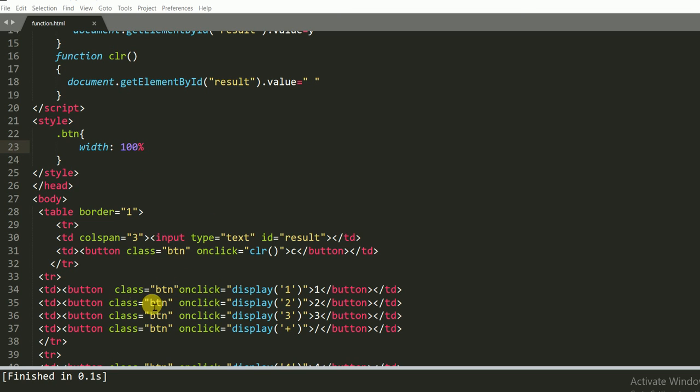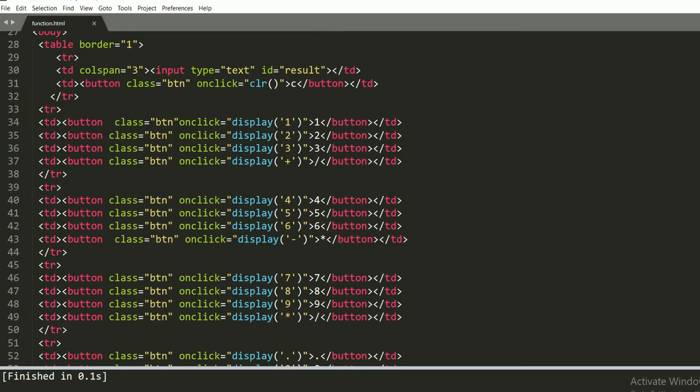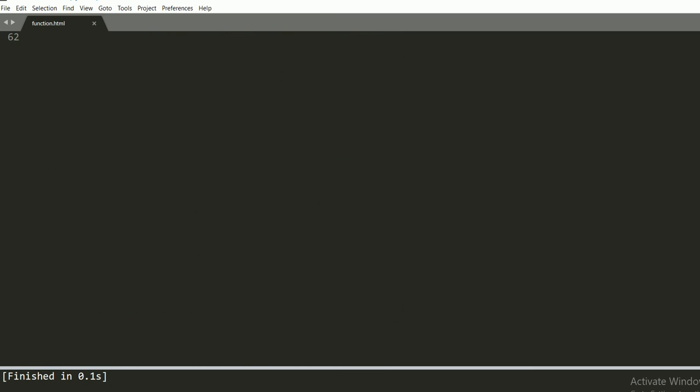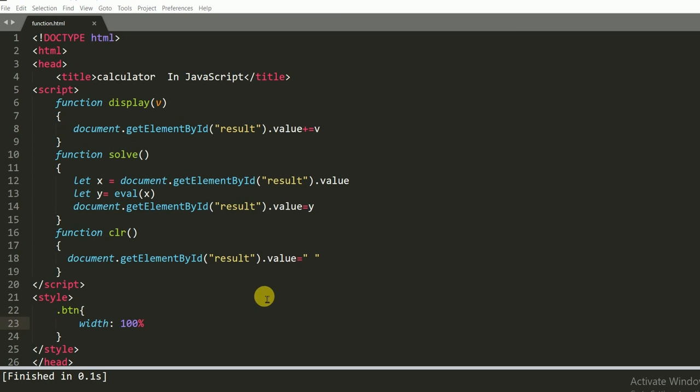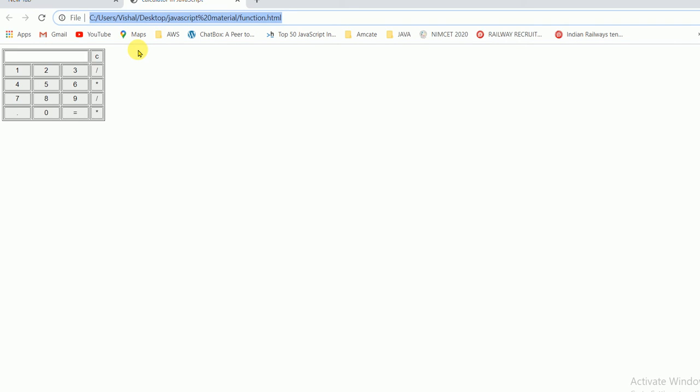So I take a class button on all the buttons. Now we will see the output. So we got our calculator perfectly.